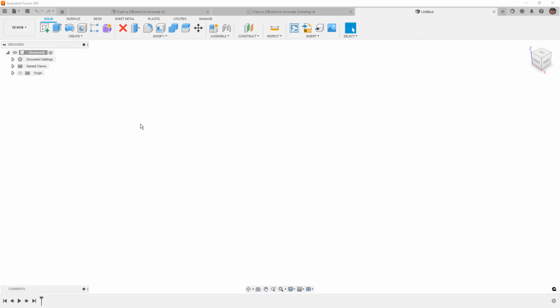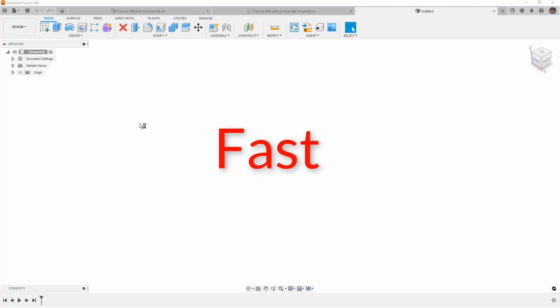I'm not going to do this for speed necessarily, but we're going to talk about the pros and cons of these approaches. So the first approach is going to be the fast approach. Now, the fast approach for me doesn't mean spending all the time going through and making a fully defined, clean sketch with all of the features in it. What this means to me is get the model built in 3D as quick as possible and as close to